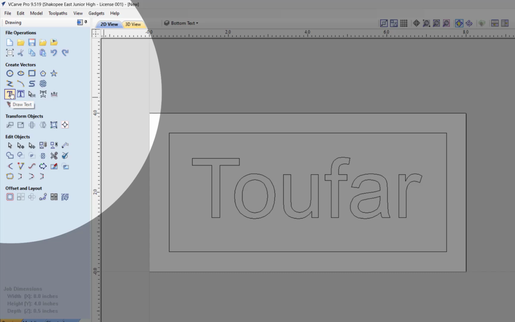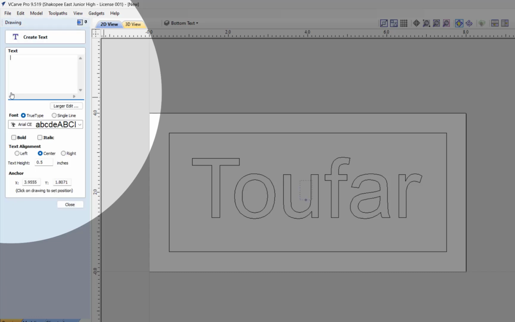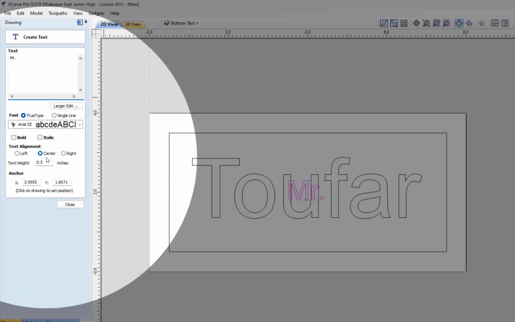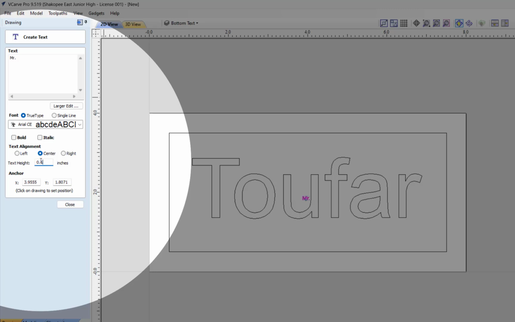Okay, go ahead and hit your draw text function again. Click on that, type your other word. So for me, it's Mr. Should I add the dot or not? We'll see. I might delete that later. All right, and of course, you could change the height right here if you wanted to. See what you get, or you can do it the way I showed you earlier. Either way,